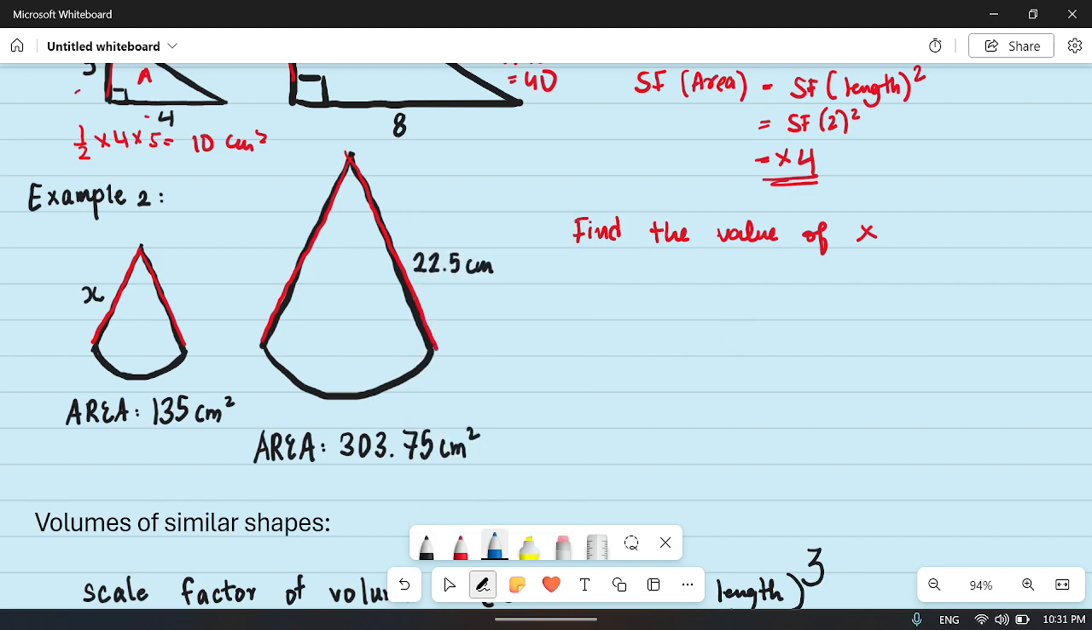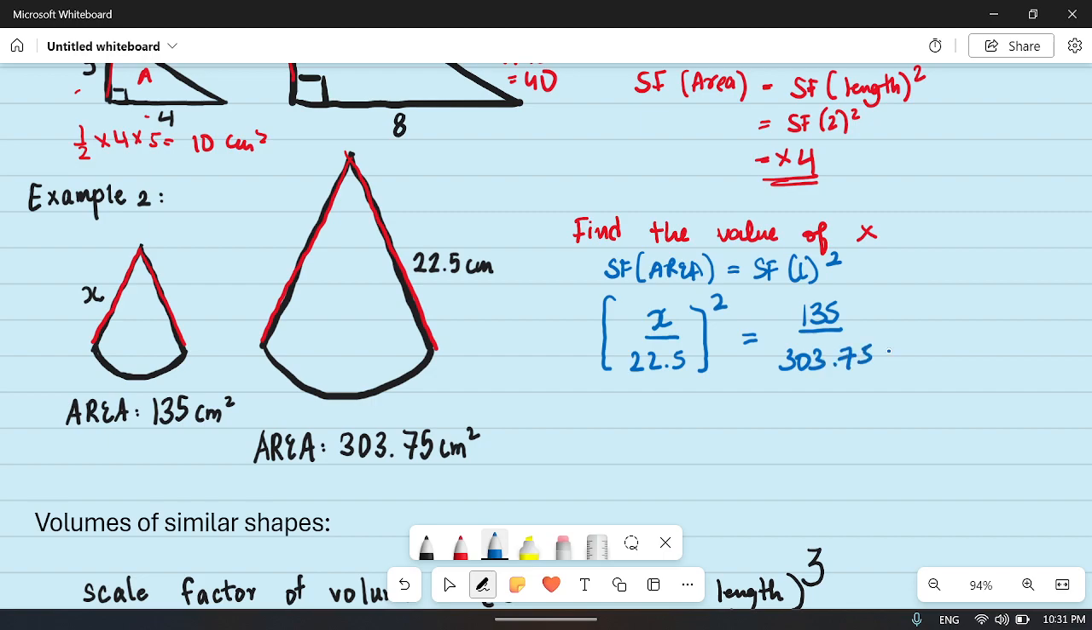So what we'll do is first write down the formula we know. Scale factor of area is equal to scale factor of one of the lengths squared, right? So scale factor of area, how will we know? First, let's write down this one. x over 22.5, squared. This is the scale factor of the length. And this is the same as the area of this, 135, all over